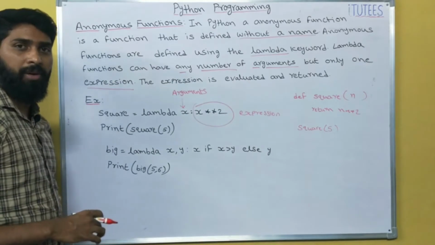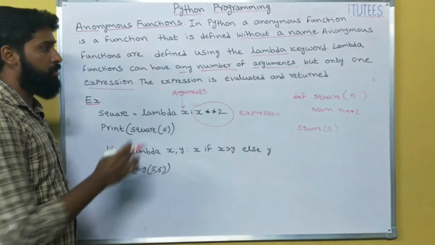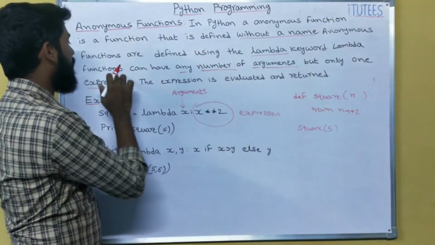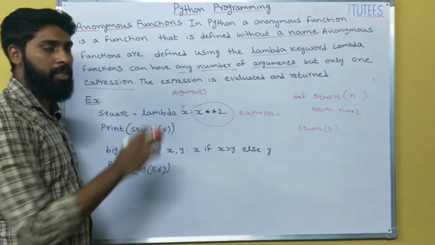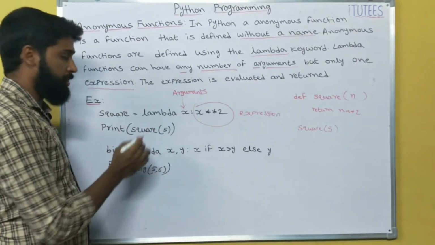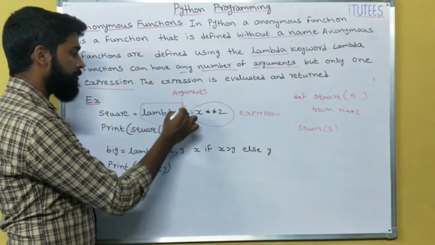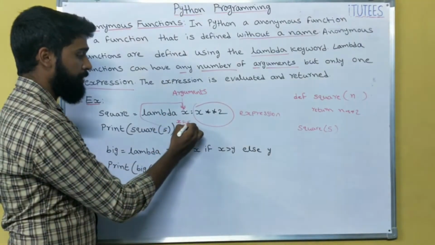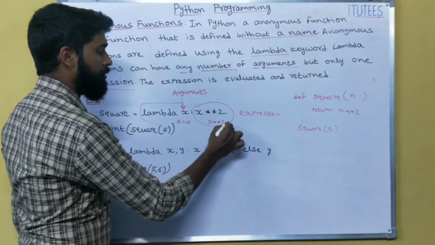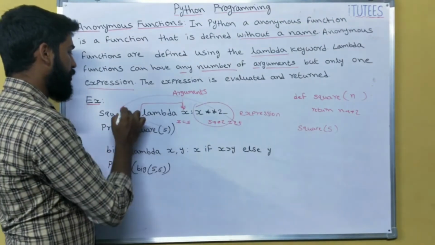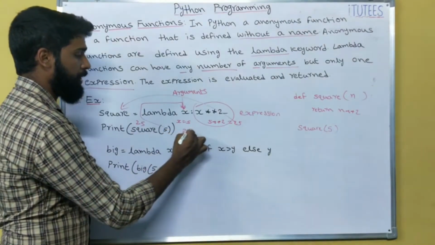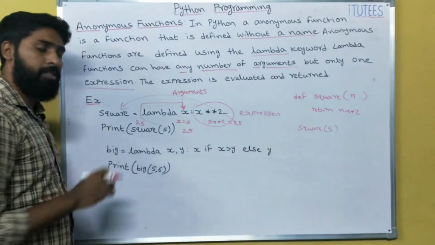Here I am writing the same function with the help of a lambda function. So what is a lambda function? It's an anonymous function. And what is the definition of a lambda function? Lambda functions can have any number of arguments but only one expression. So print square of 5. That means the function is called with square of 5. So now x equals 5 and it evaluates 5 power 2. 5 power 2 equals 25, returned to square. Now we are going to print the value 25. What's the output? 25.